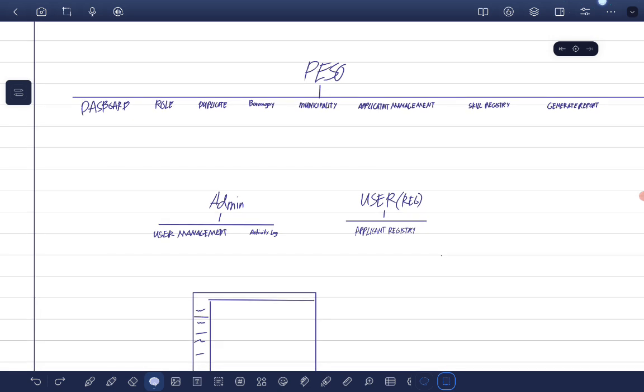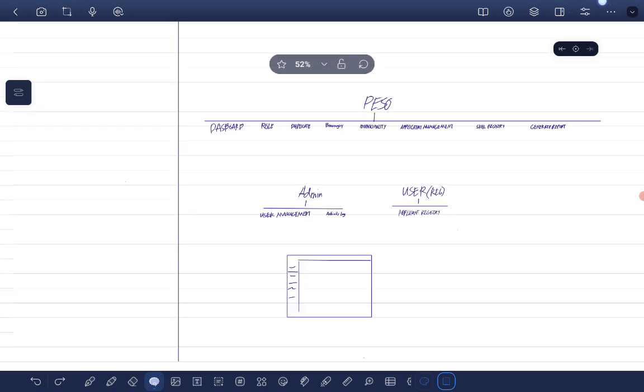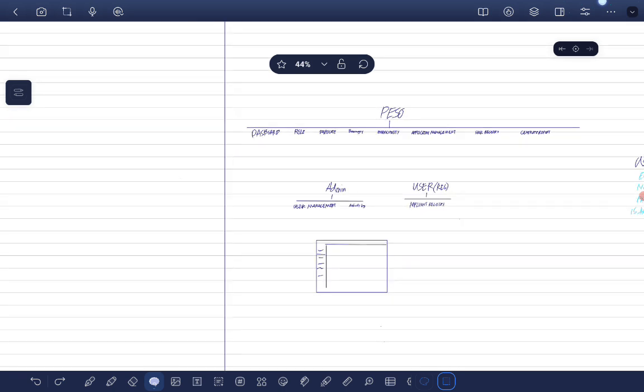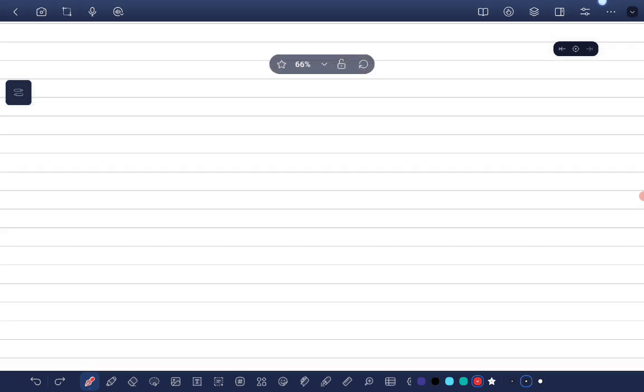So in our research, we wrote that PESO Connect will pretty much be a registration system, an application management system, and an information system at the same time. It works like that because before I start, I will tell you the process first. Let's go here. The process is